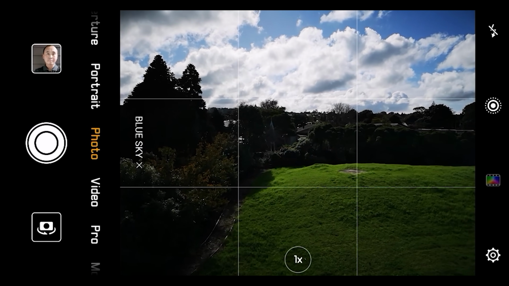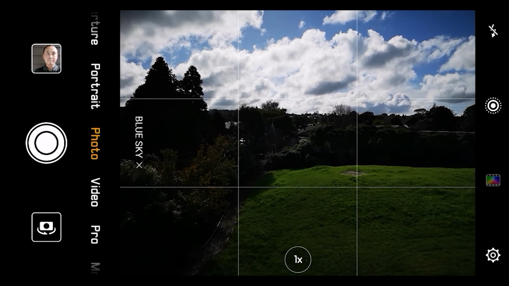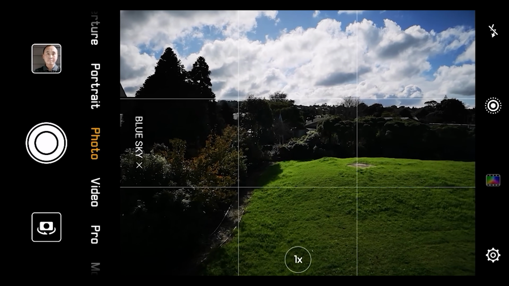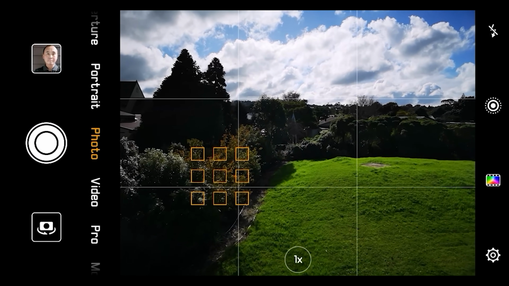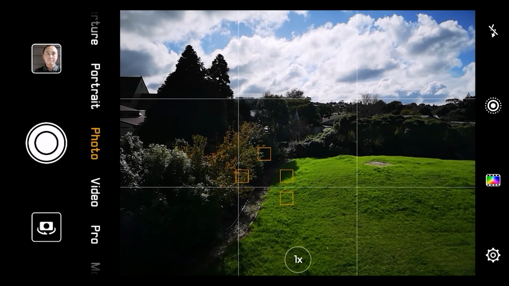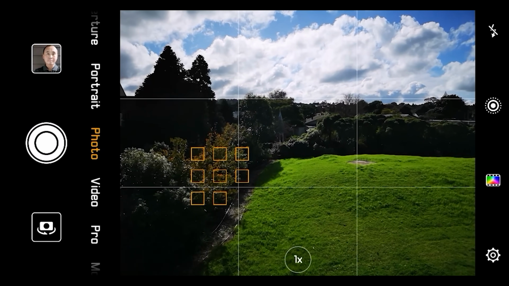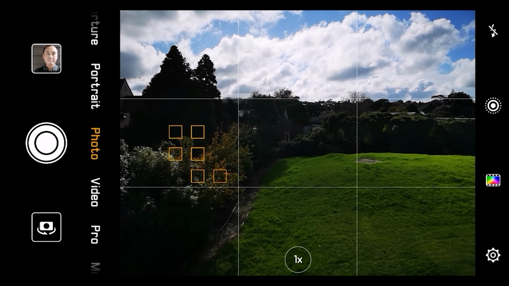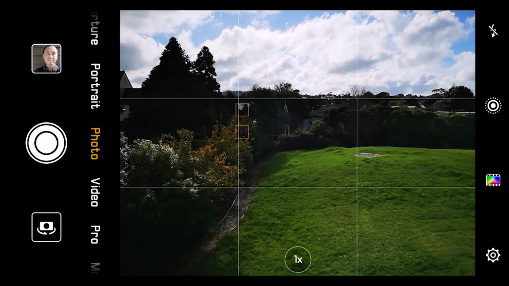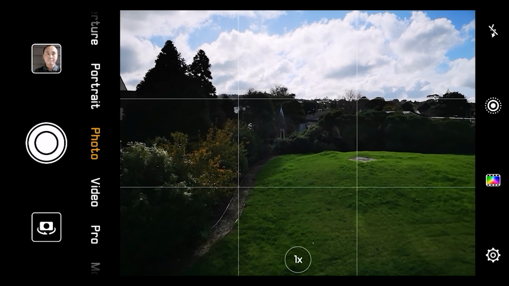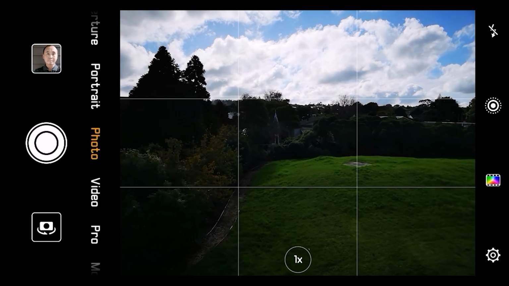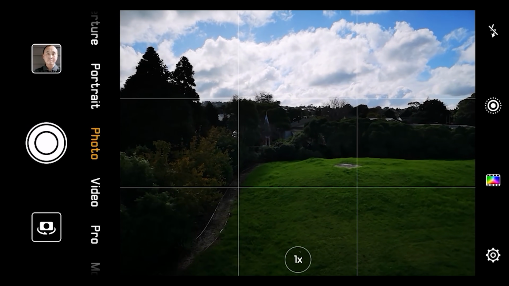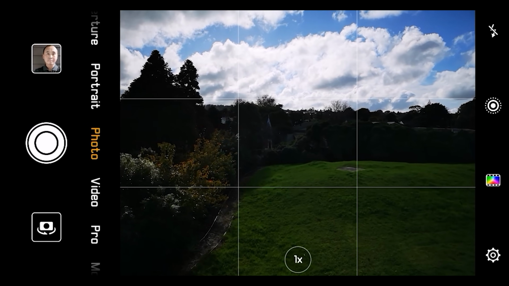I have just launched the camera app that comes with your Huawei smartphone. So basically you can see the photo in the middle. There are some controls on the left hand side and then there are some controls on the right hand side. The controls on the right hand side are usually the controls that you don't need to change very often, and the ones on the left hand side are the ones that you probably will change more often, especially if you don't want to shoot in just fully auto mode. So let's go through the settings on the right first.